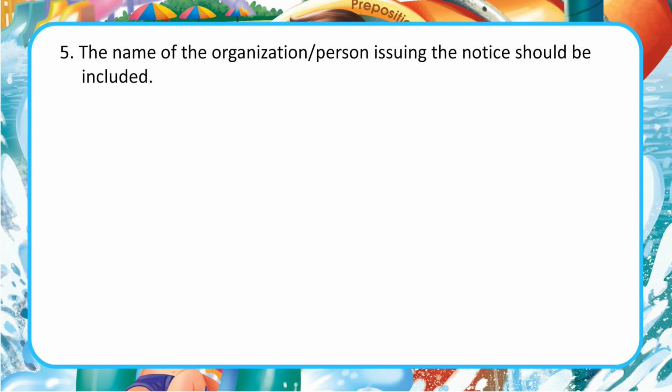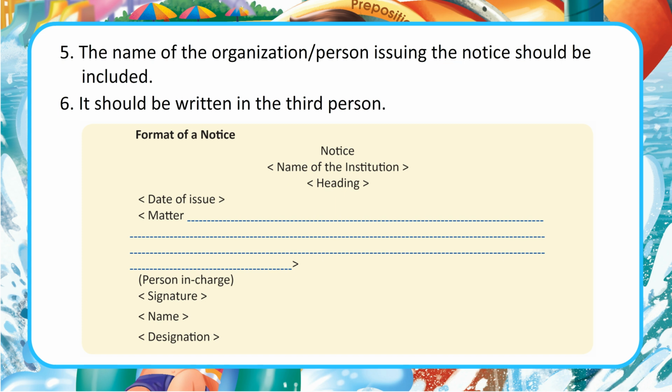5. The name of the organization/person issuing the notice should be included. 6. It should be written in the third person. Format of a notice. Notice. Name of the institution. Date of issue. Matter. Person in charge. Signature. Name. Designation. For example,